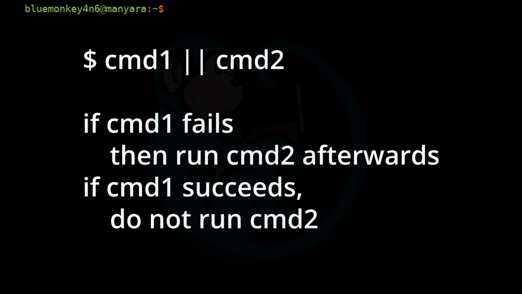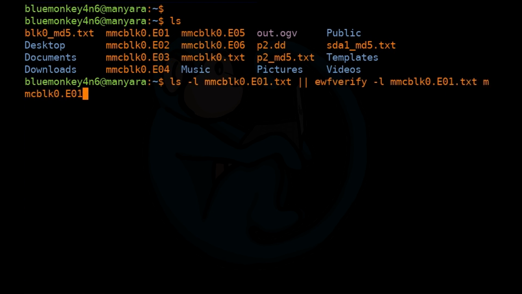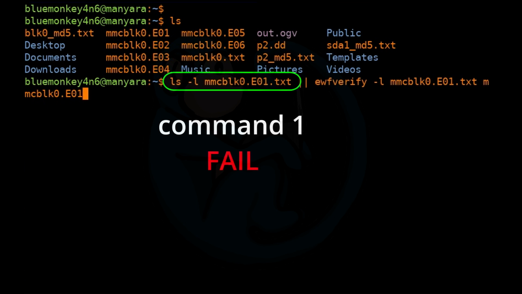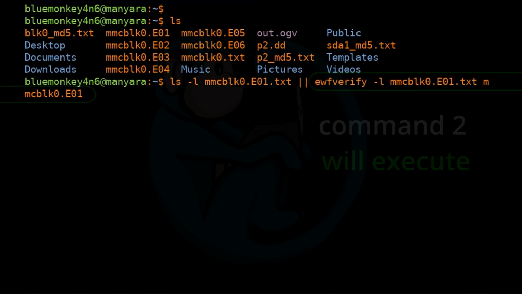Let's take a look at the current folder. We'll just do an ls, see what files we have. So let's go ahead and do an ls -l on mmcblk0.e01.text. And then we're going to do an OR, so two pipes, into ewfverify -l mmcblk0.e01. So what this does is that it's going to do an ls of this file, mmcblk0.e01.text, which does not exist, right? So because the first portion of the connector fails, then it is going to execute the second portion, which is